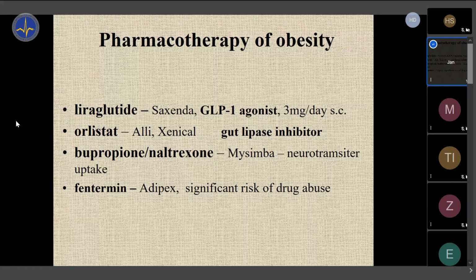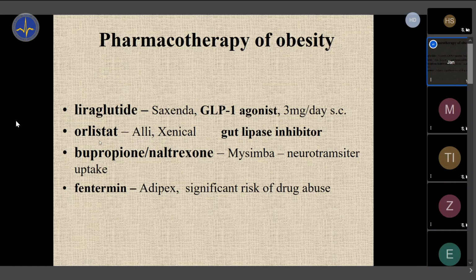So not only is the fat ingested, but it's not absorbed because it's not digested. The enzymes are inhibited, and the fat continues to travel, and then the patient also gets diarrhea. So it's like a self-educating approach: the patient naturally avoids fatty food, because fatty food in combination with this drug causes diarrhea, which people don't like to have. This is available over-the-counter as Alli or Xenical.